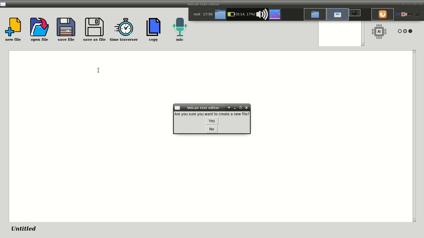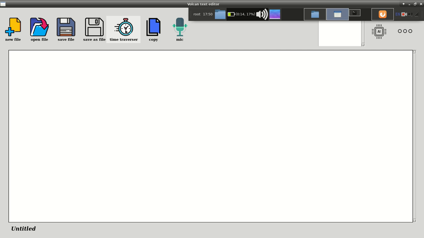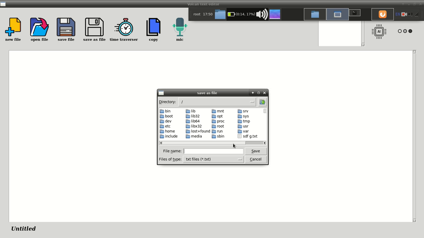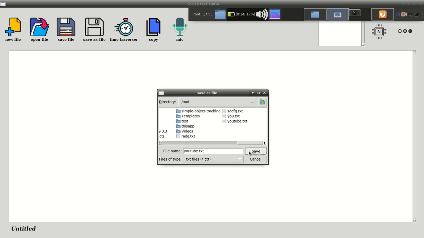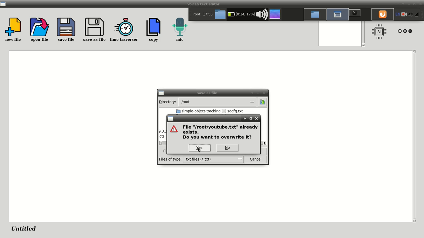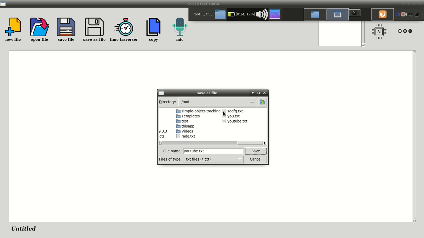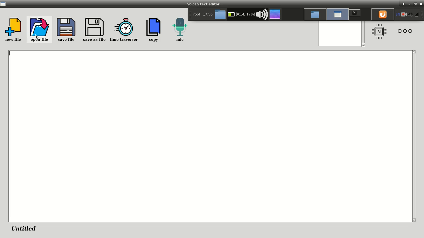So here I am with a new file, save as file. What is this save as file? Root. Let's verify the result. Our file was youtube.txt. Let's see. Yeah, actually we have to open that, not save as. Sorry, that's my fault.